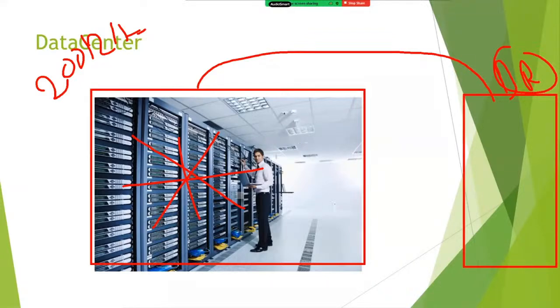a World Trade Tower, they collapsed, right? So why did they target the World Trade Center? Because they thought that the entire US economy, financial matters, and everything were maintained in the World Trade Center. That's why they targeted it. Finally, they collapsed it. But because of that, the US did not lose even a single rupee. Why? They had maintained another data center called disaster recovery.